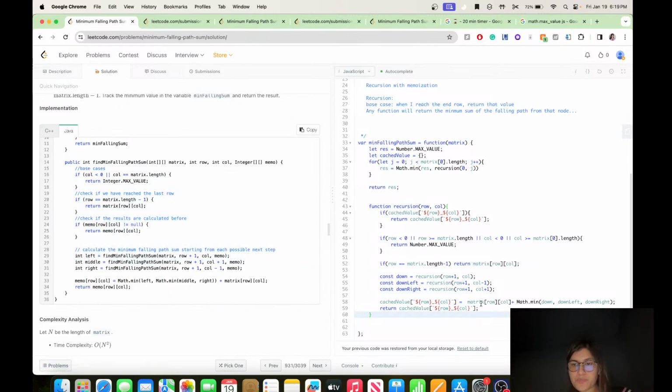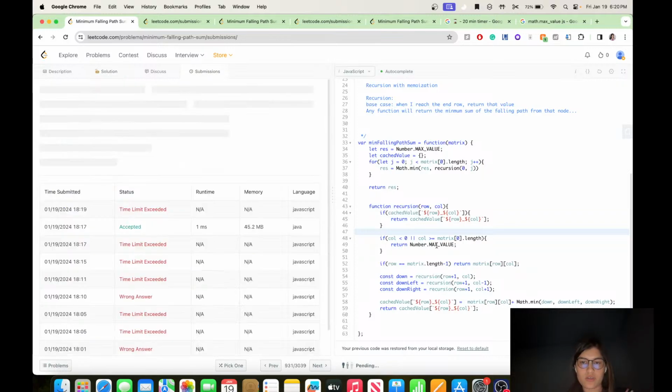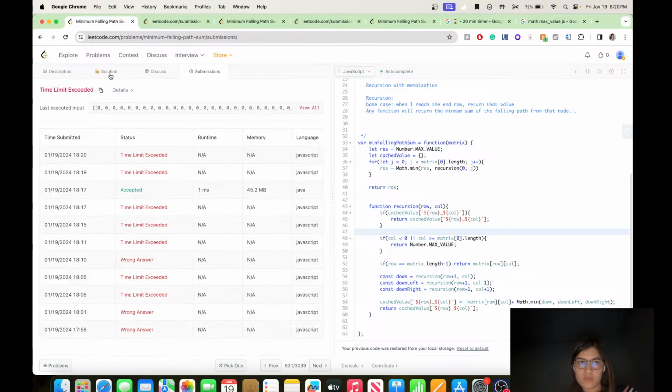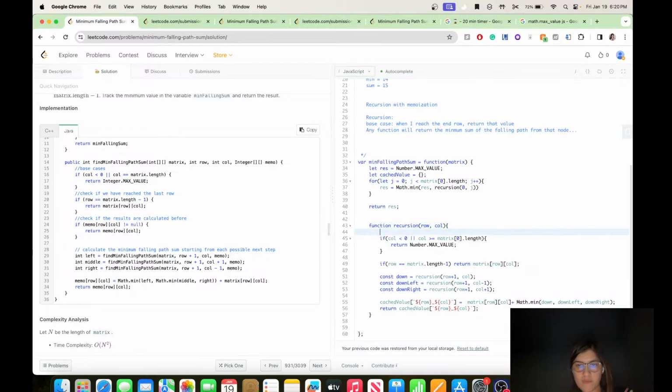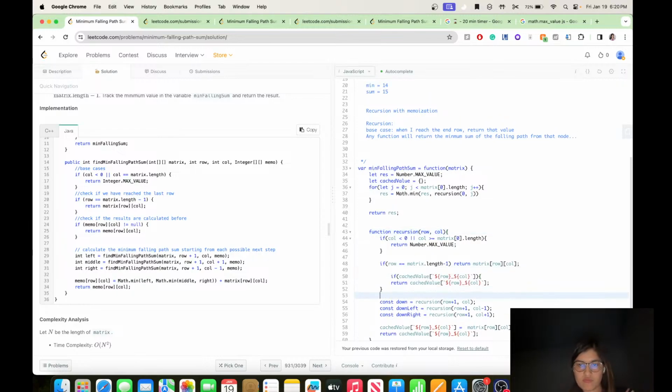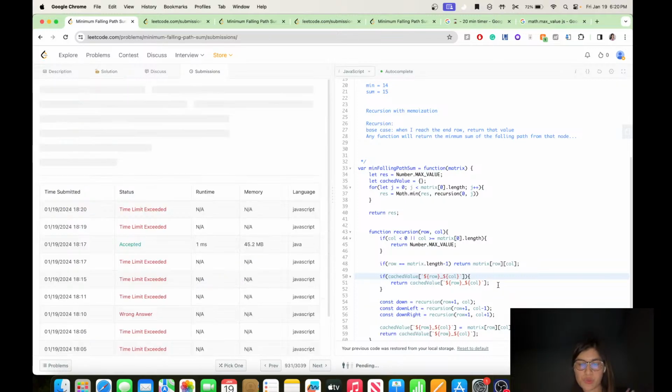Now the code is exactly the same. Okay, I do not even need to do this because I do not need to check the column row, because it will not go out. Why do I not need to check the row? Anyway, it's like everything is the same, right? I think it's just Java and